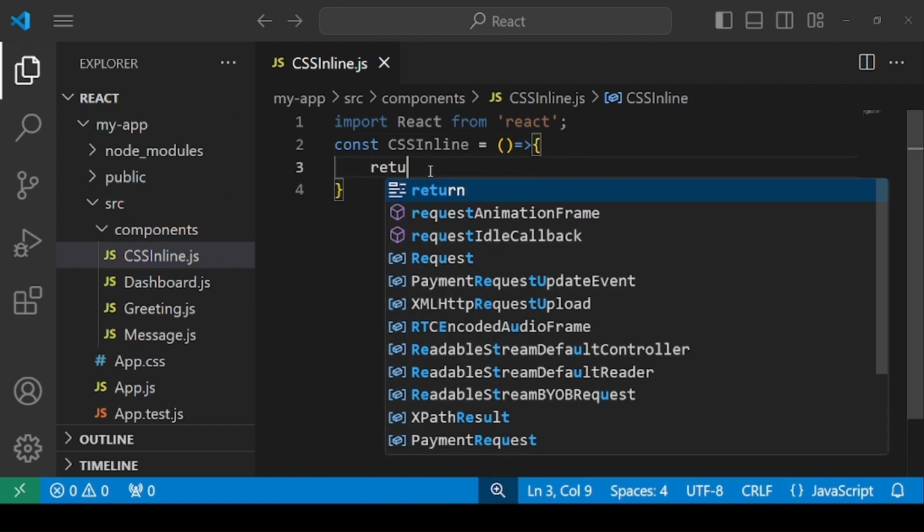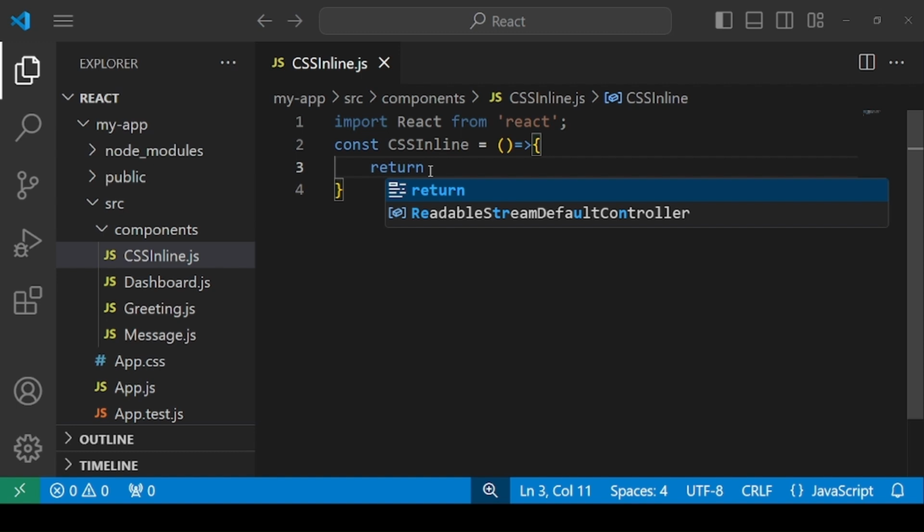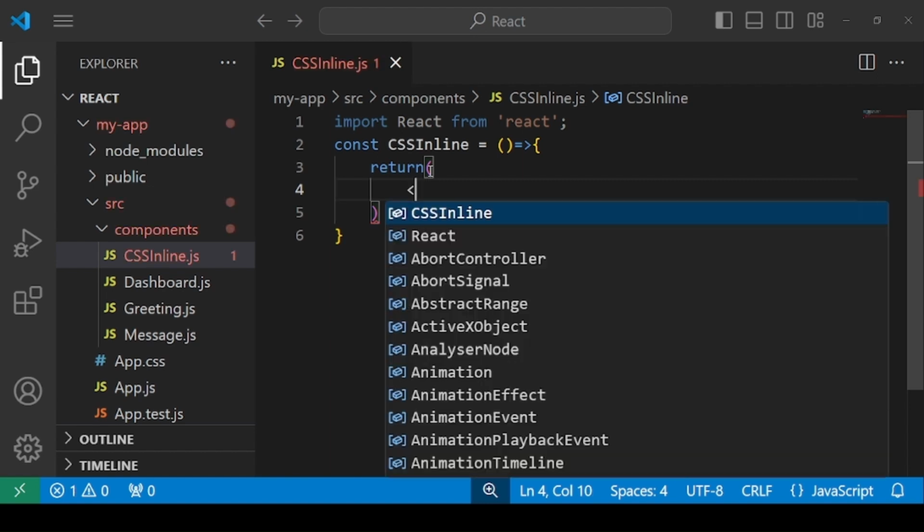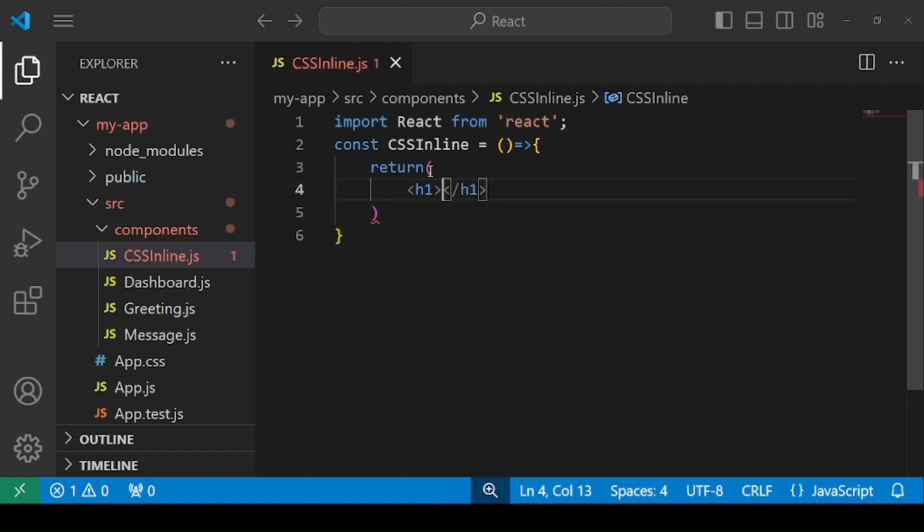We'll be returning some JSX inside this. We're going to return an h1 tag. Let's say this is inline CSS.